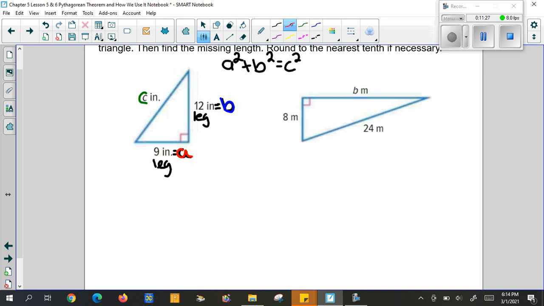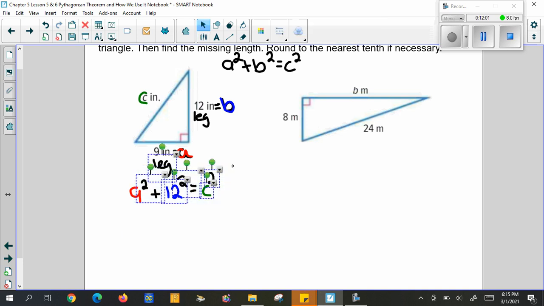So for A squared, A is 9. It becomes 9 squared plus B squared is 12 squared equals C. Well, we don't know what C is, so C is going to remain a variable. This is going to give us an equation, and we can use equation solving skills to help us